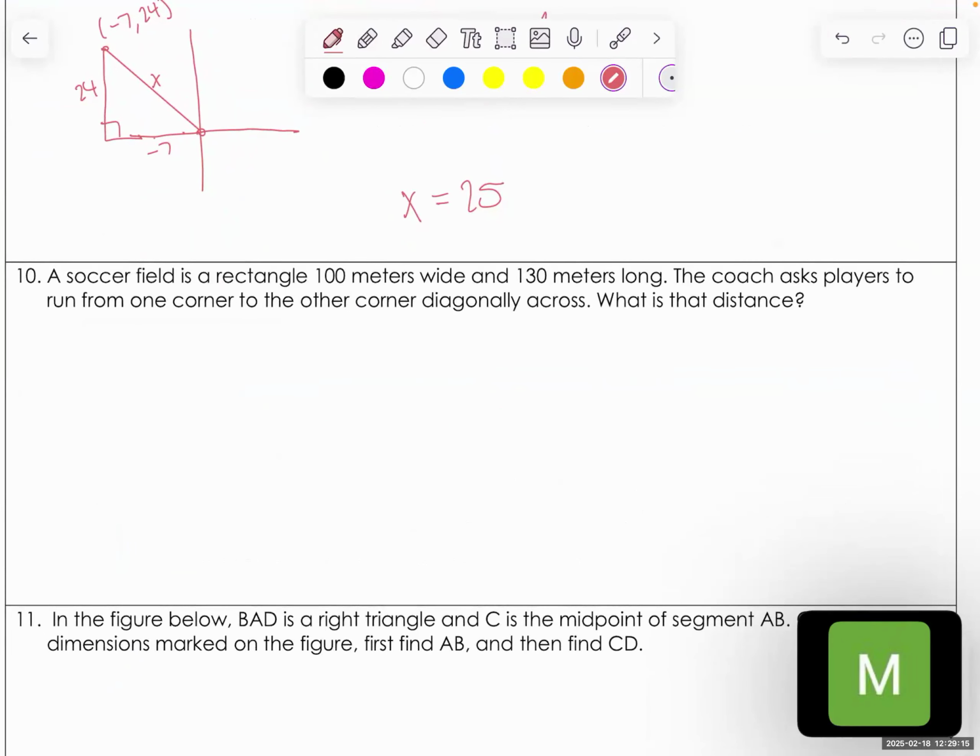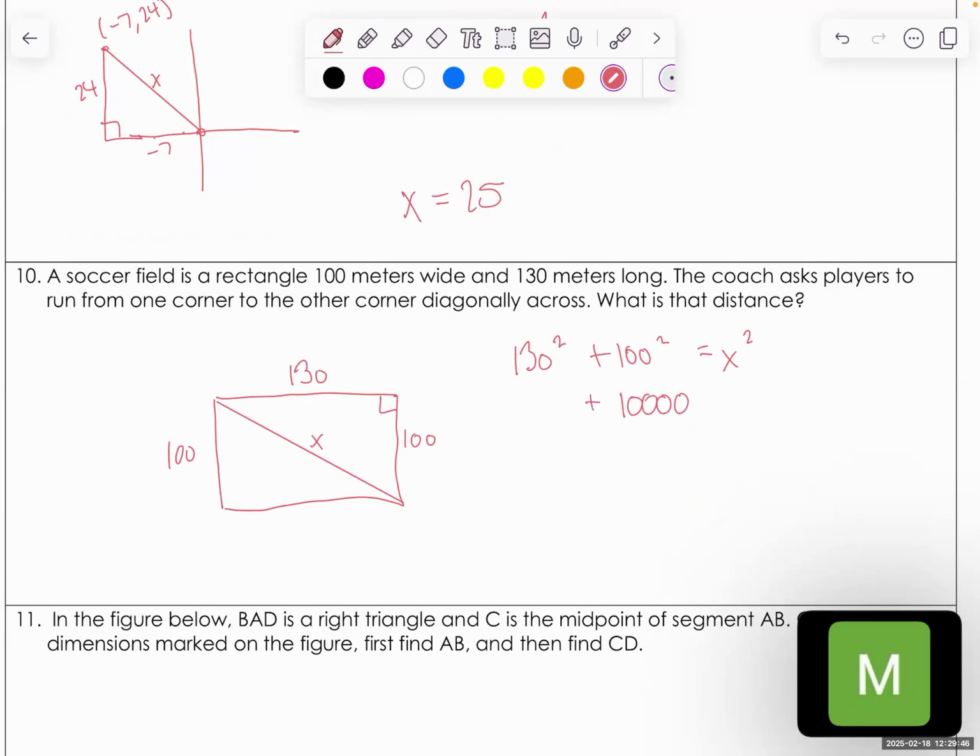For this one, it says a soccer field is a rectangle, 100 meters wide and 130 meters long. The coach asks players to run from one corner to the other corner diagonally across. What is the distance? So this is going to be x. I can also put 100 over here because they're going to be the same. So I get 130 squared. 100 times 100 is 10,000. 130 times 130 is 16,900. So when I add these, I'm going to get